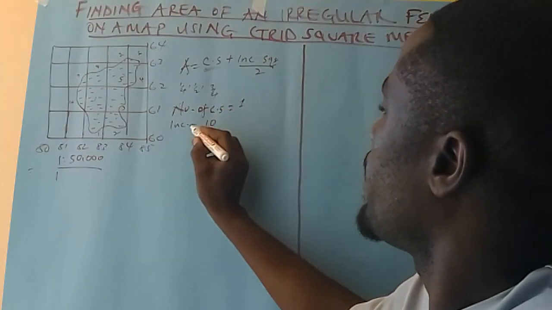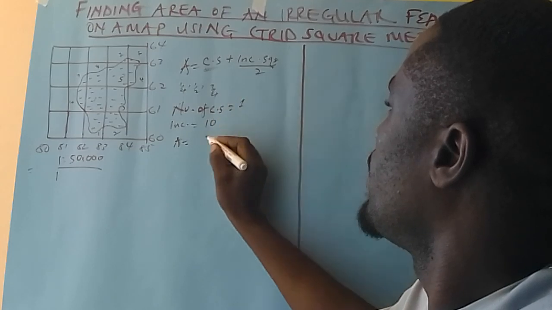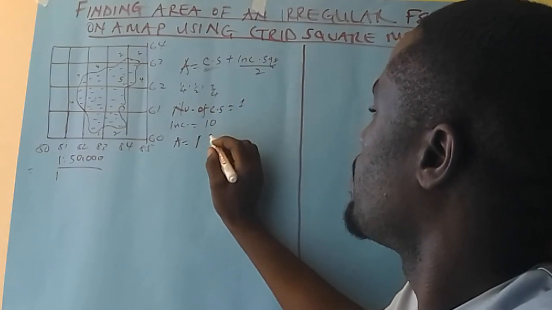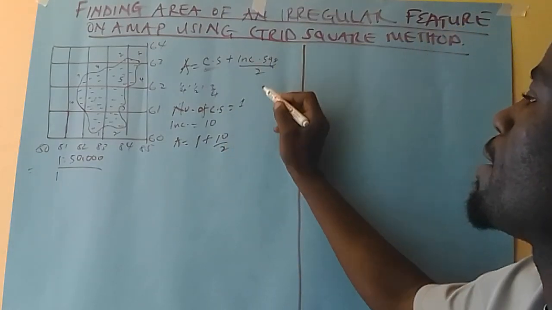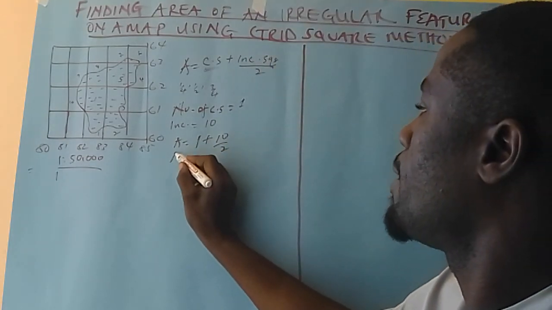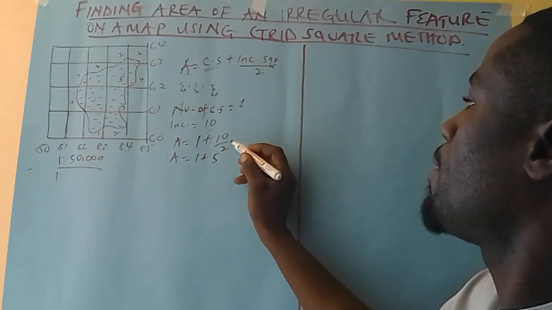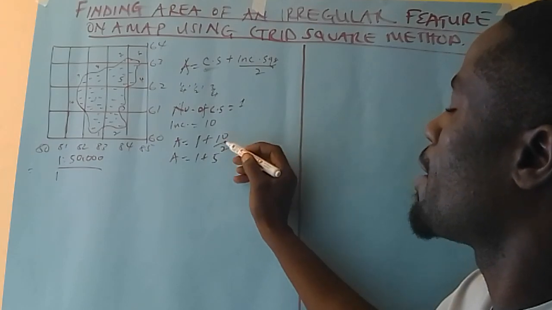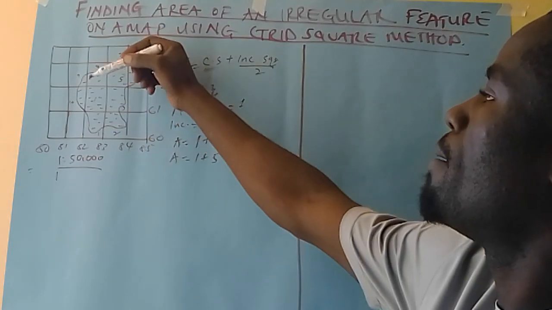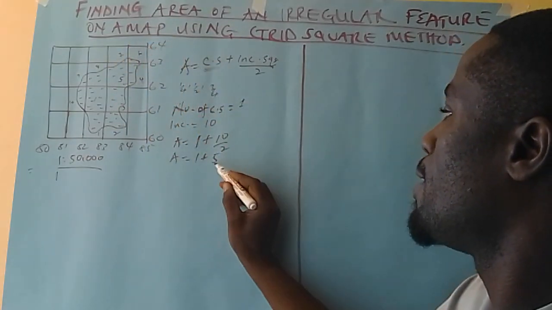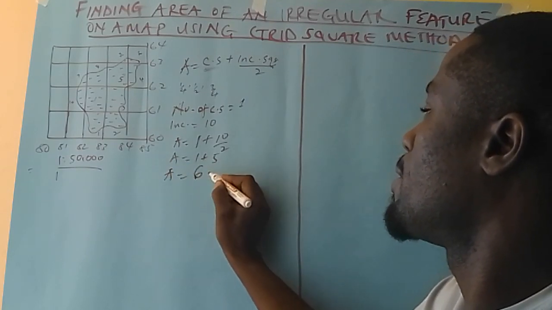So meaning, here we are going to have our map area as 1 square plus 10 divided by 2, because remember I said incomplete squares divided by 2, which we shall get area as 1 plus 5. Now because of the half, these ones now become complete. Why? Because the halves have been joined together to get now complete. So here we shall have area equal to 6 grid